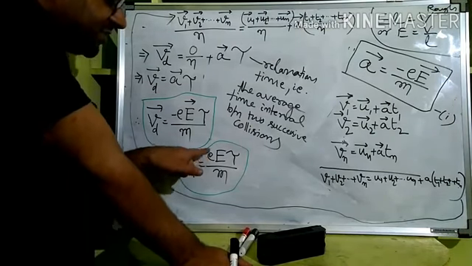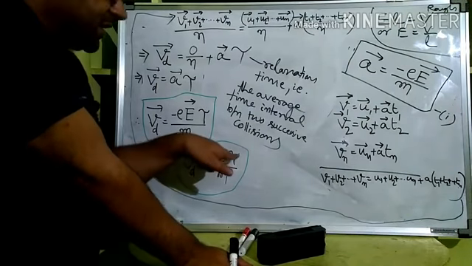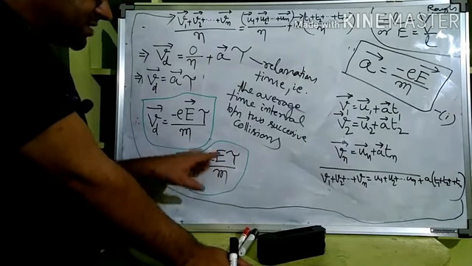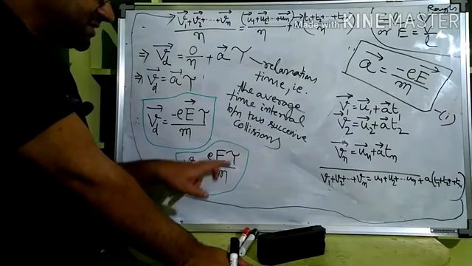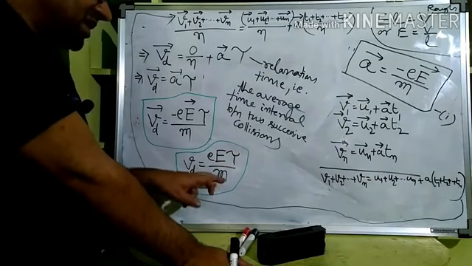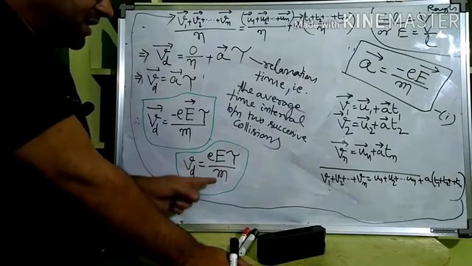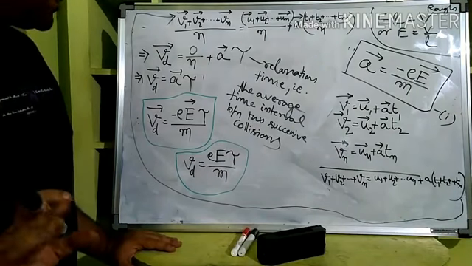The relationship between the charge, the electric field in which the charge is moving, relaxation time and mass of the charge. So the combined relation of the charge, electric field, relaxation time and the mass of the charge we got, and drift speed. So drift speed is equal to eτ/m. Everybody has understood this very nicely, right?